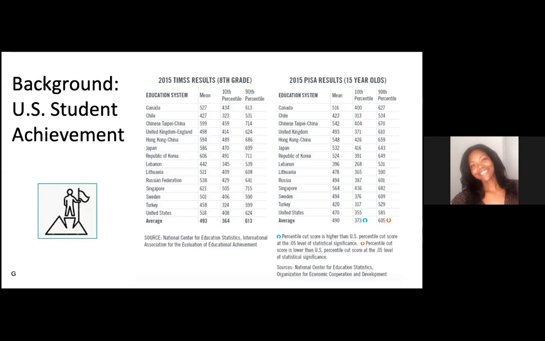So we presented some of this data in Austin earlier this year at the T-STEM conference. And one thing that some of the middle school principals were talking about is the fact that the sampling for each of these studies is very different. So a lot of the times, by the time you get into, I guess what would be 10th grade, in a lot of countries, you had to test into that school. So it's not as representative from country to country as it might be in the US. So that's something to also keep in mind.